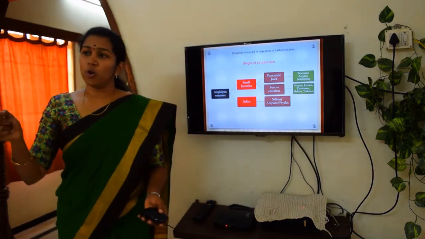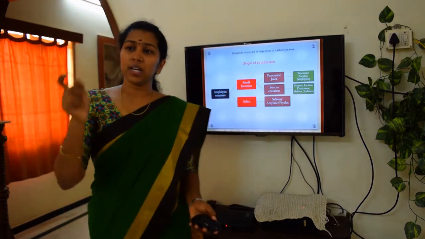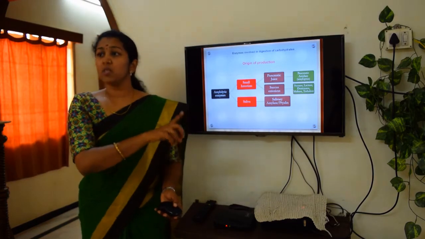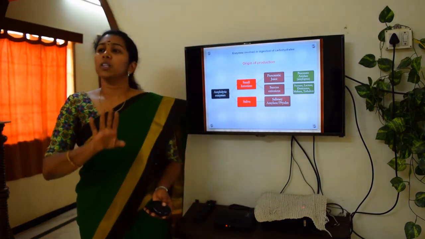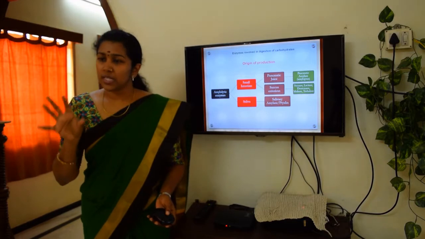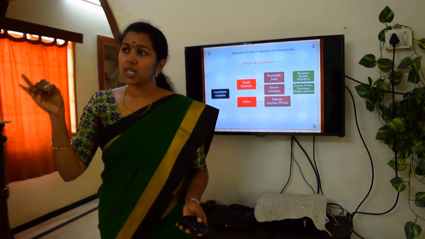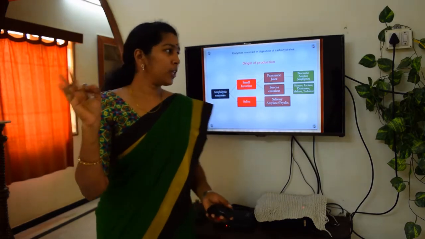It is also called pancreatic amylase. When it is secreted in the saliva, it is salivary amylase. When it is secreted by the pancreas, it is pancreatic amylase. So, amylolytic enzymes are a group of enzymes which are secreted by saliva, then pancreas and the small intestine. So, to put it in a nutshell,